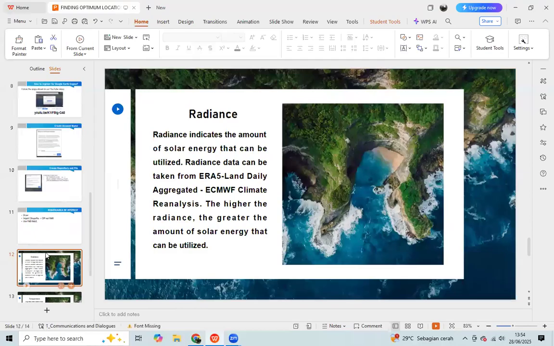Okay. So what's the next step? The next step is we use the radiance data to find out the amount of solar energy that can be utilized. The higher the radiance, the greater the amount of solar energy that can be utilized.